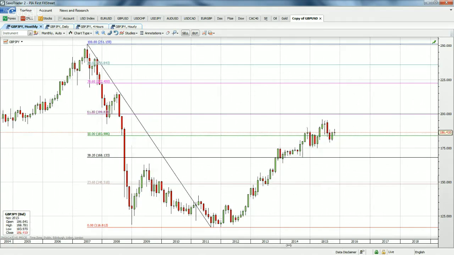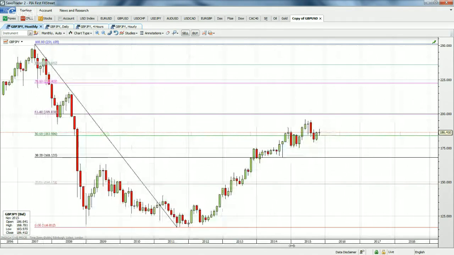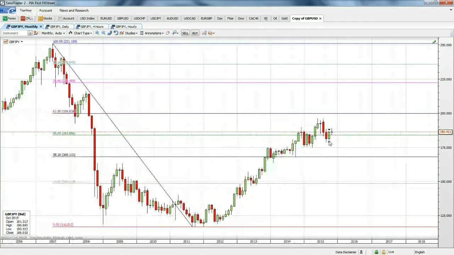And again, if you look here, for the month of October we had an inside bar. So this bar is a change of trend, and this bar here is indecision. Okay, if we break it down into a weekly chart,